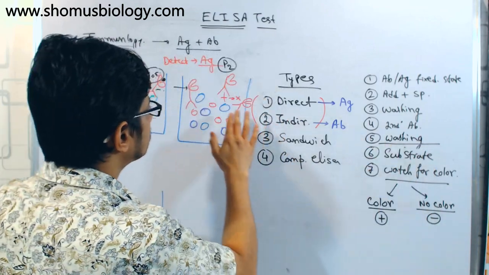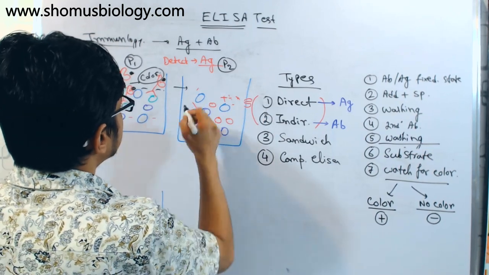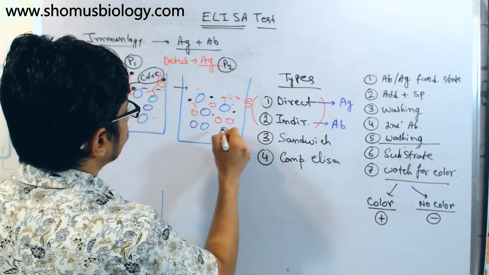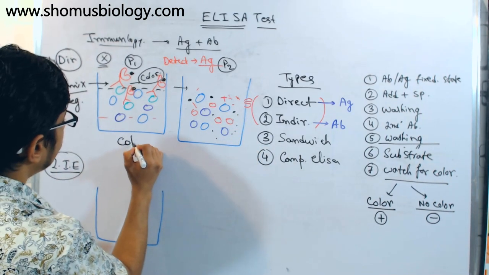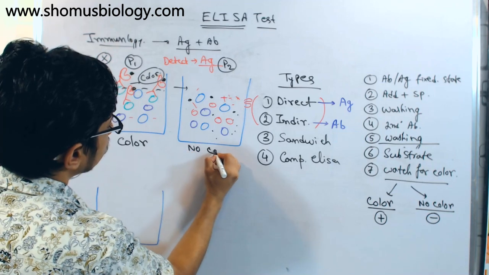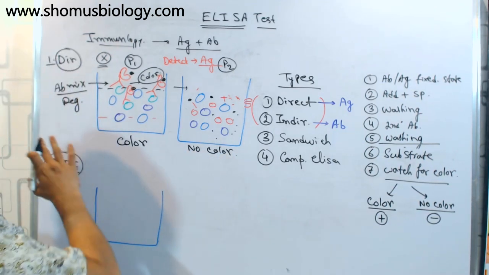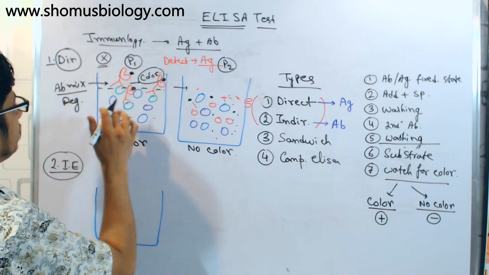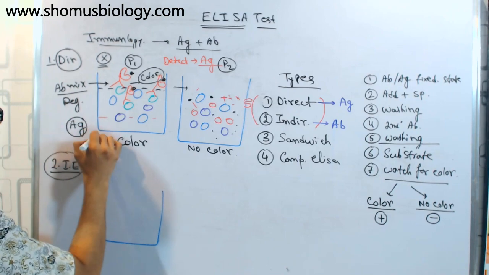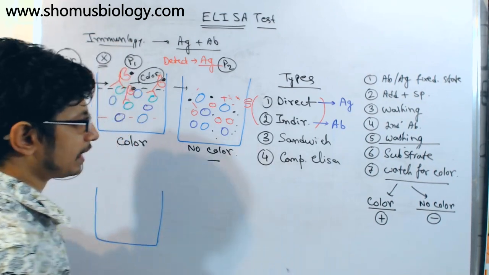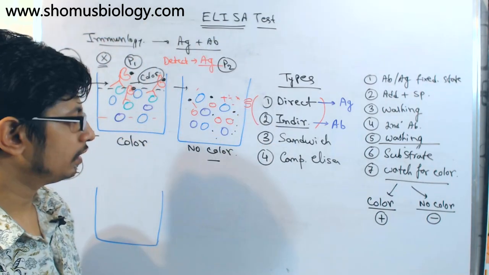Okay, so the antibodies are removed, and due to the removal of this antibody, even if we add the substrate, there is no enzyme present that can convert the substrate into the colored product. So in this case we have a color at the end, and in this case you have no color at the end. This is going to tell us that this specimen contains our targeted antigen, it's present. In this case the targeted antigen is absent. This is the direct ELISA method.